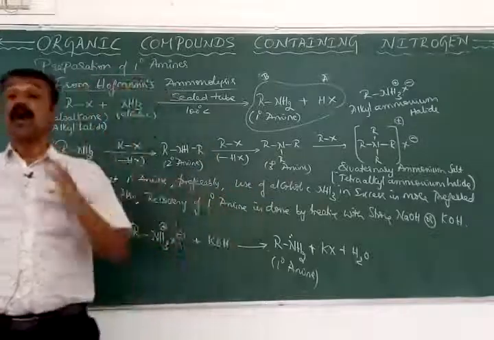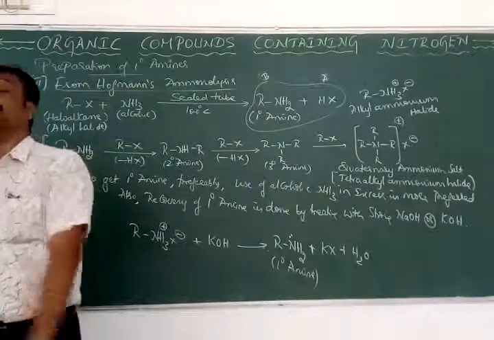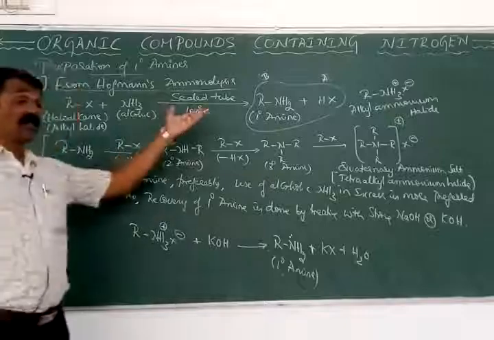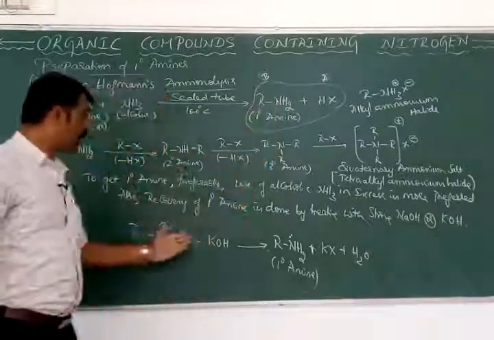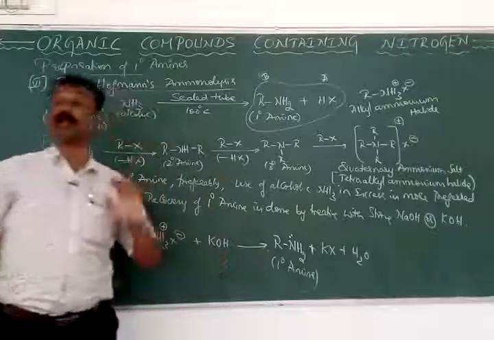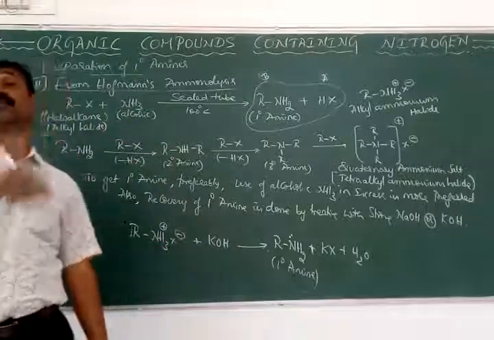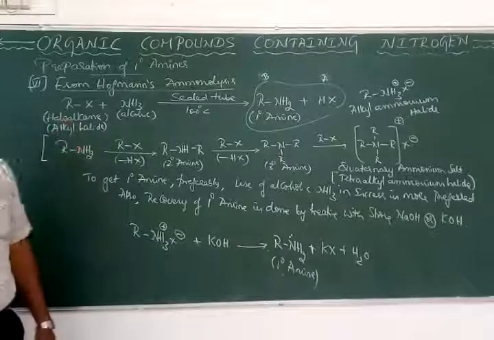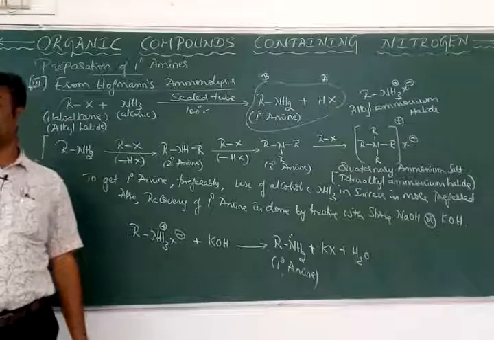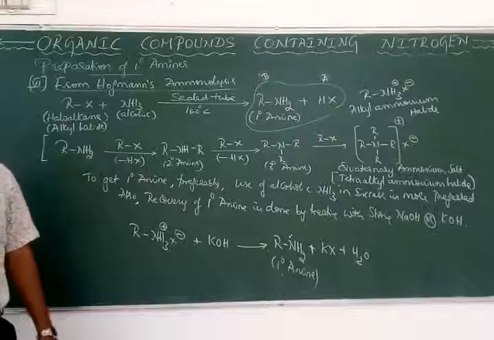So to get the primary amine as a major product, preferably we have to take the alcoholic ammonia in excess, or the product obtained by the neutralization of the primary amine with the hydrogen halide is recovered with the help of a strong solution of either NaOH or KOH. Okay. So these are the 6 different methods for the preparation of preferably the primary aliphatic amines and then